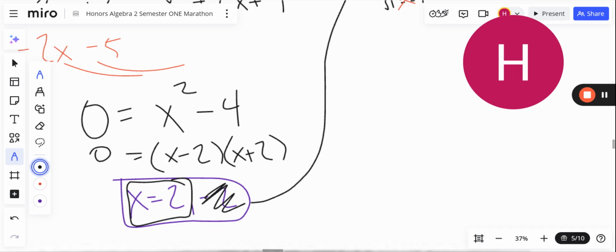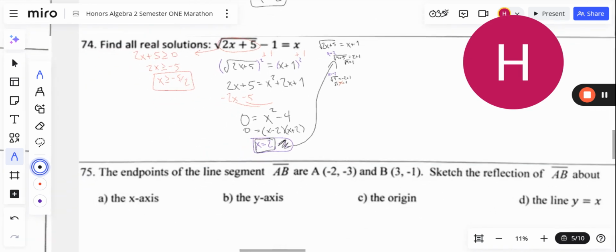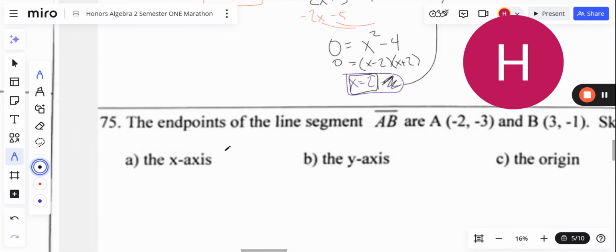And I won't say that it's always the negative values that don't work, but a lot of times with sort of easy problems, that's how it ends up. So, maybe check the negatives first, but that doesn't mean you should expect them to always be extraneous solutions. And that also doesn't mean that positives can't ever be extraneous solutions. So, yeah. Okay, let's look at the endpoints of the line segment,